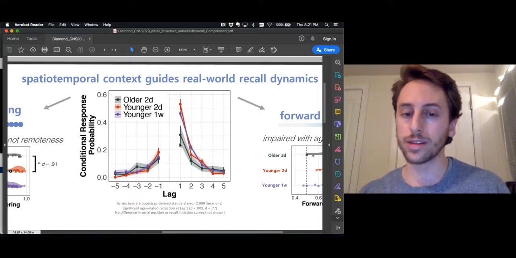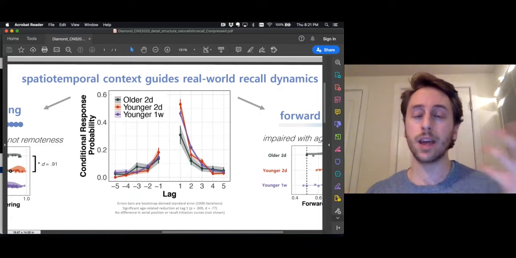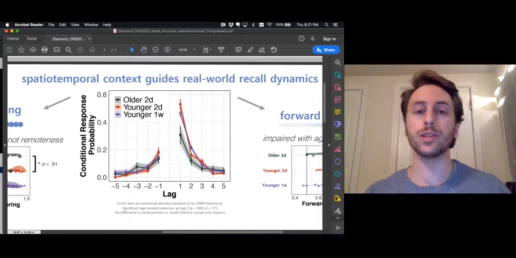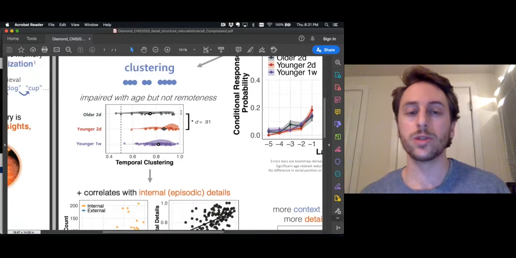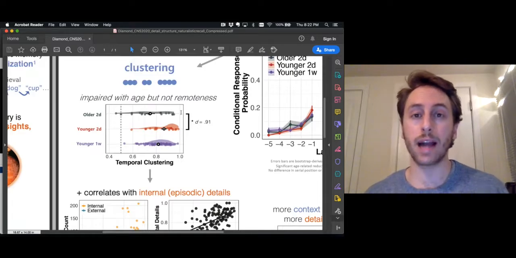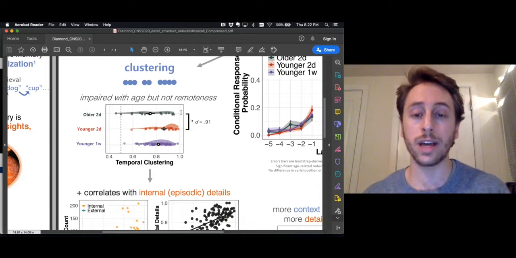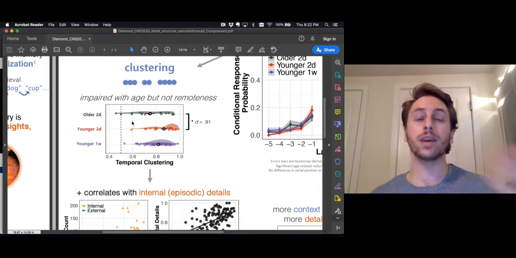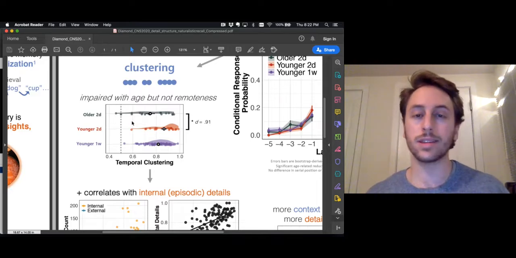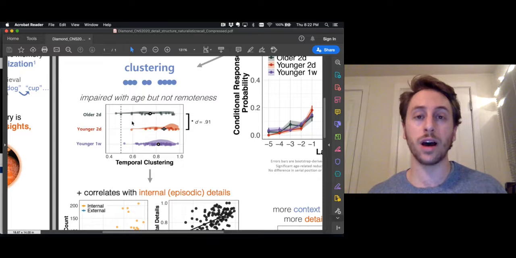The older adults seem to do this less than younger adults. So I pulled out temporal clustering and forward asymmetry separately to look at them a little bit more closely. To measure clustering, I used the temporal factor from a computational model from Sean Paulin in 2009. Basically, we're quantifying temporal clustering here. When I say temporal, of course, in these studies, that means spatial too, because what's closer in time is also